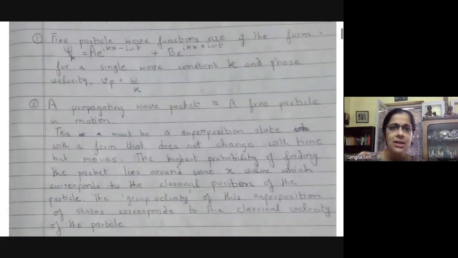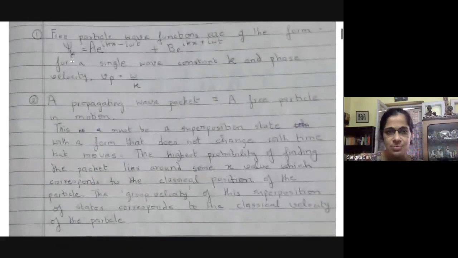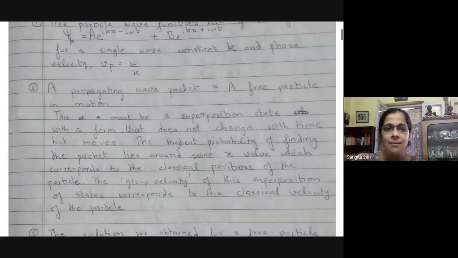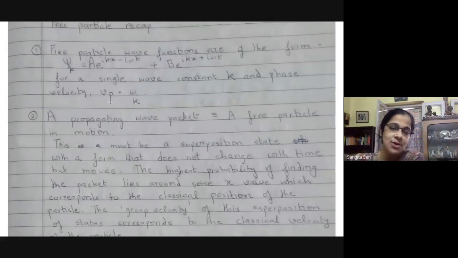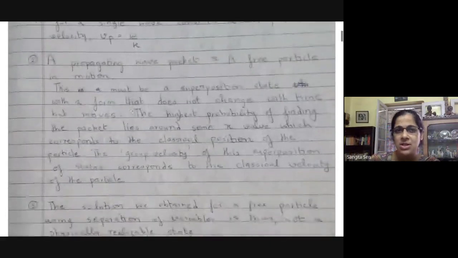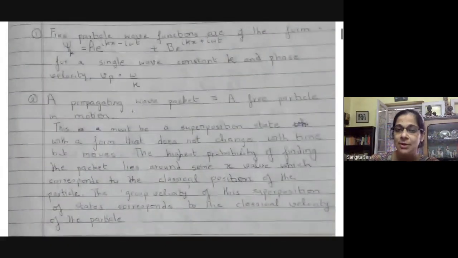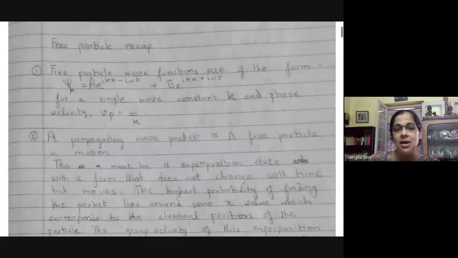Okay, so if we consider this to be the wave function for a free electron which is moving in a certain direction, then what happens is that this phase velocity is found to be half of the classical velocity. Now that is a contradiction, because there should be some correspondence with classical physics. Okay, so then what we did was we constructed a physical wave function out of these